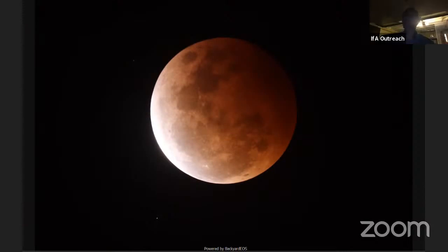So the moon appears red because the light that's hitting the moon, even though the moon is in Earth's shadow, the sunlight, some of the sunlight is passing through Earth's atmosphere and being refracted or bent by the atmosphere and still landing on the moon. Just like at sunset, right? The sun goes down below the horizon. And even though you can't see the sun, the horizon looks red. And that's because the atmosphere bends the red light from the sun and it ends up in your eyeballs, whereas